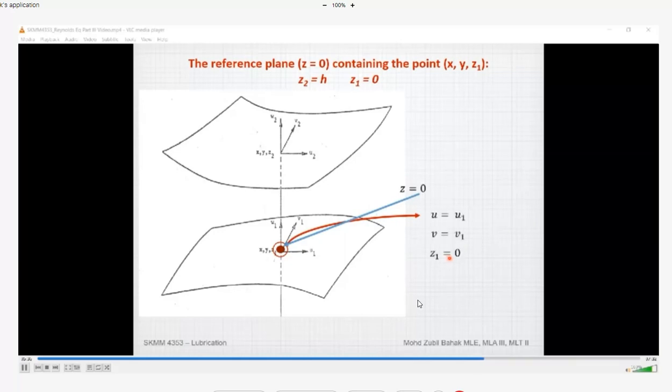The z1 is equal to 0, and then at the top layer of the surface we have another boundary condition. So taking all these boundary conditions and putting them back into the general Reynolds equation,